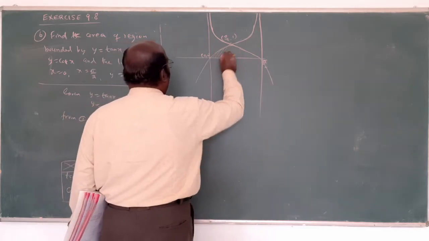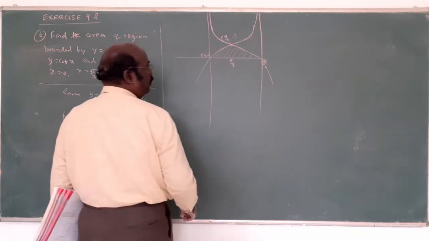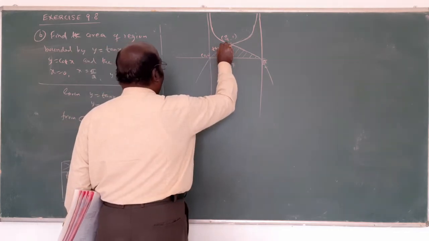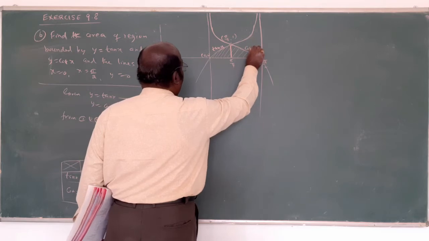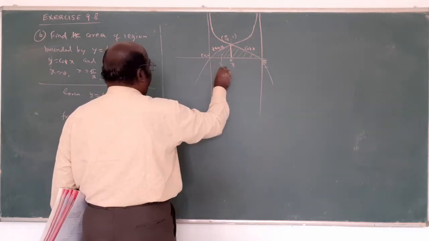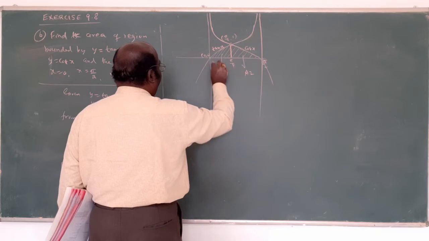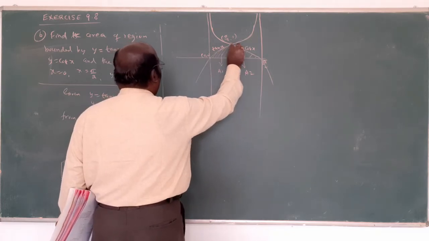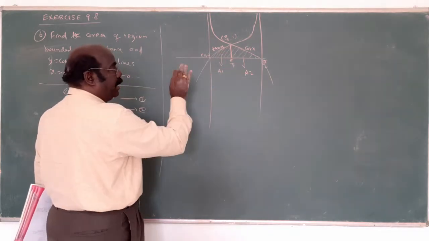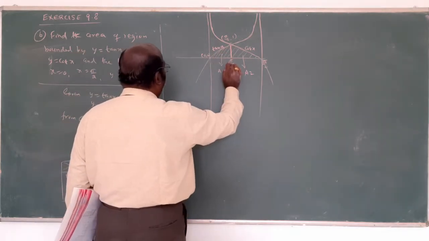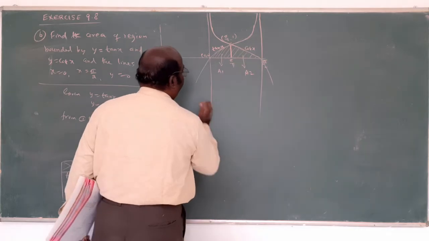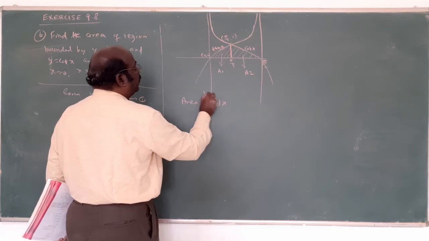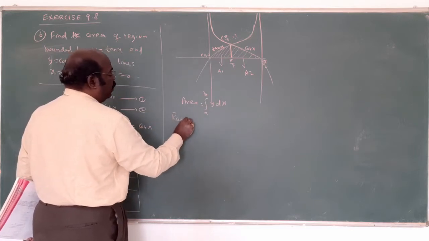This part only is being asked, with respect to the x-axis. The first curve is tan x. This curve is cot x. Here also you find A1, A2. A1 represents 0 to pi by 4 about the x-axis, where the only curve is tan x, not two equations. Next, pi by 4 comma pi by 2, here cot x. The area formula is from a to b, y dx.